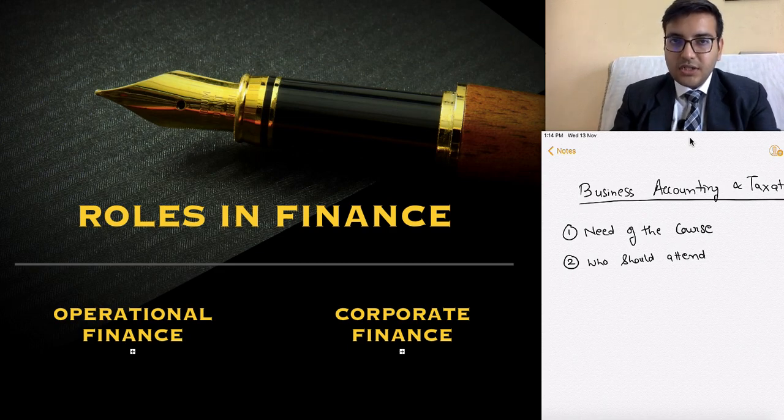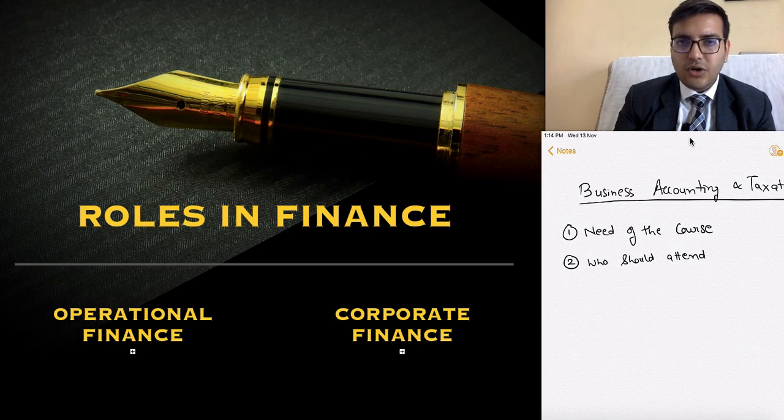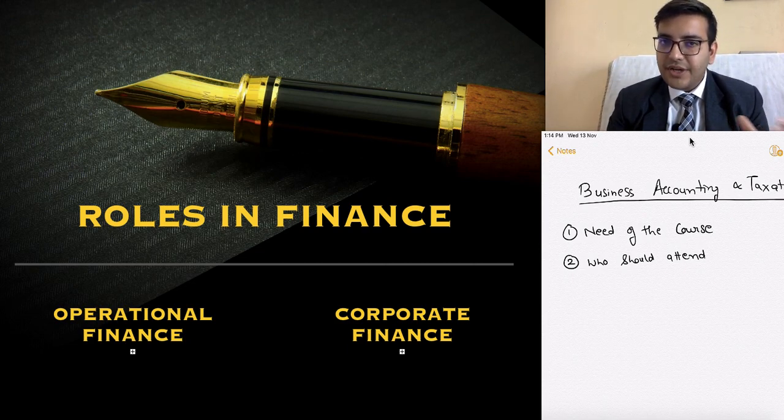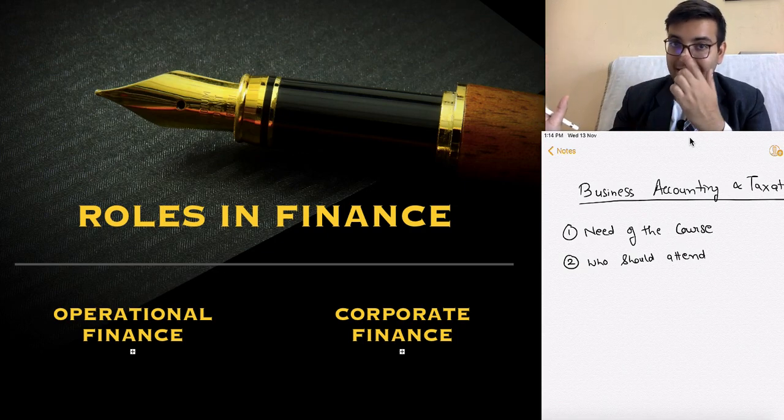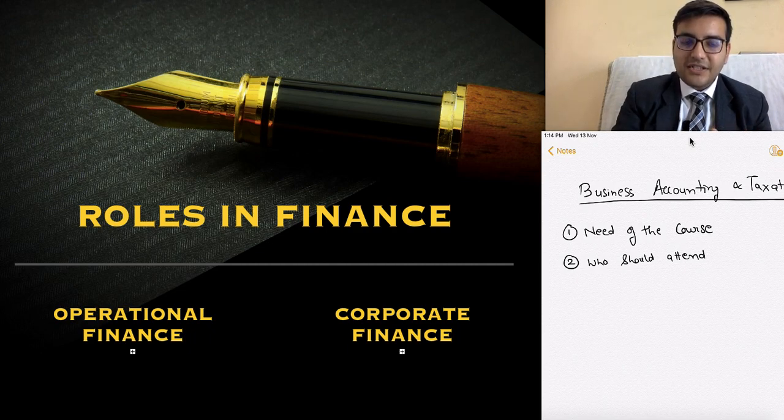So now what does the corporate finance team do? The corporate finance team has a role to consolidate all the books of accounts, prepare the balance sheet, calculate the profitability of the hotel, and make some strategies related to the hotel based upon the data. Okay, so corporate finance is balance sheet preparation and profit and loss finalization at a company level, while the operational finance is maintaining finance at the unit level.